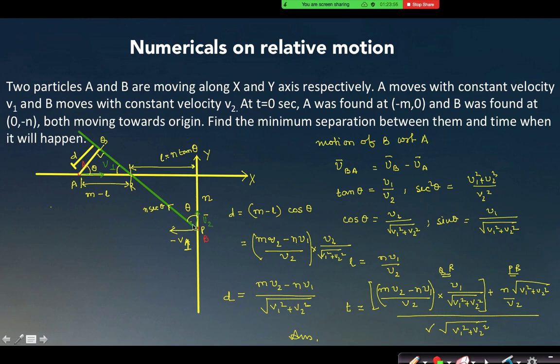Suppose the velocity of B with respect to A is not along this line but along this line, then also you will drop a perpendicular and you will find the same distance. Sir, I am saying that for nv2 minus nv1 it is better that we use a mod, because we are not sure that nv2 is less than nv1. Yes, you can use that. You can always use a modulus, because I am calculating the distance. Anywhere the distance may be, I have to only find the modulus or the magnitude of the distance.